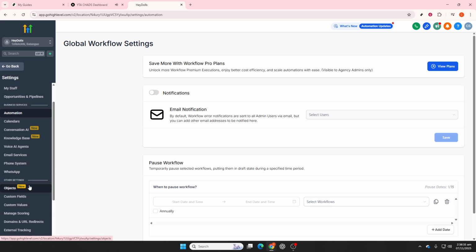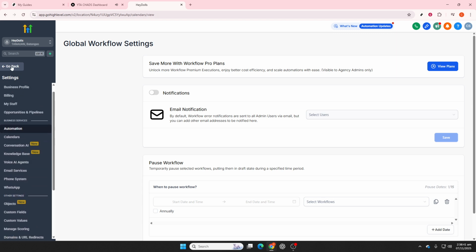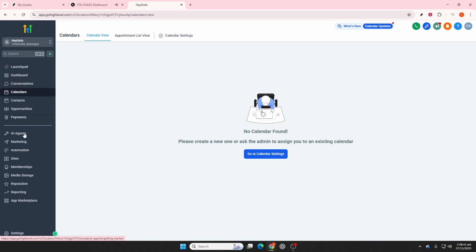Now, on to campaigns. Head over to Marketing and create a new campaign. Decide between email or SMS and then craft your message. Include personalizations, schedule it, or send it out instantly. Keep an eye on the open and click rates to gauge its success. If you're interested in creating memberships or courses, navigate